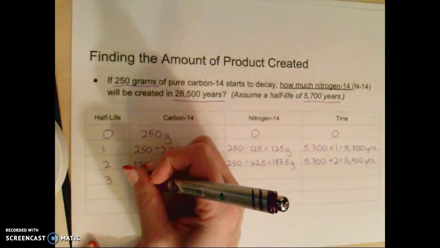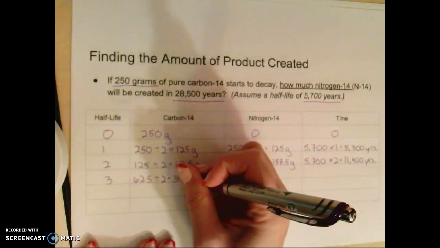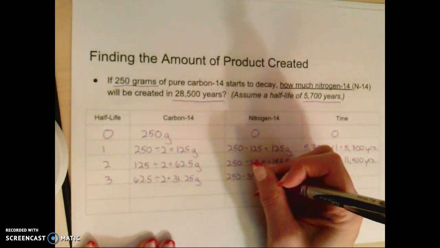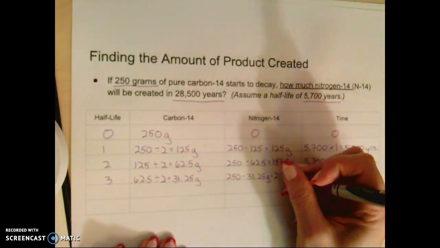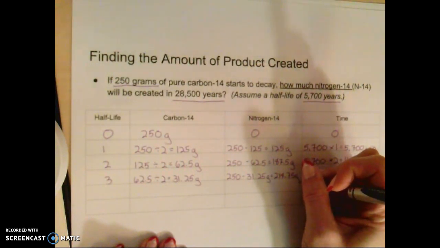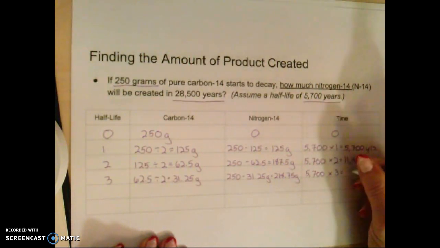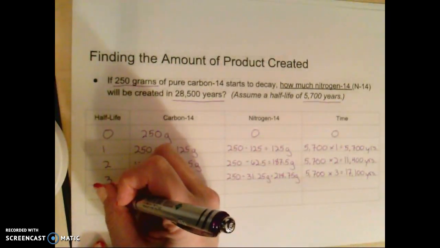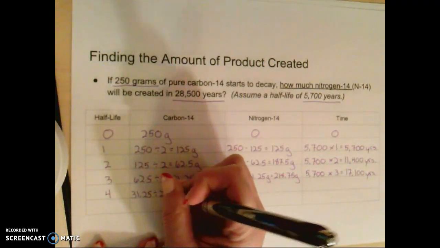After our third half-life, we take 62.5, divide it by 2, and we get 31.25 grams. Then we take our original 250, subtract 31.25 grams, and get 218.75 grams. We take 5,700, multiply it times our number of half-lives, which is 3, and we get 17,100 years. We are still not at 28,500 years, so we go to 4. We take our 31.25, divide that by 2, and we're going to get